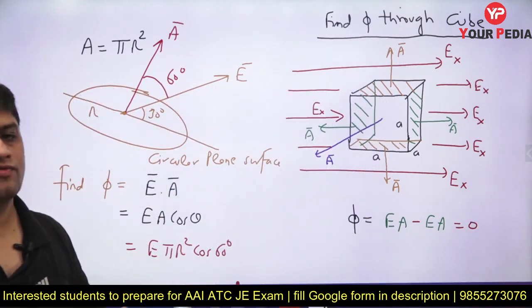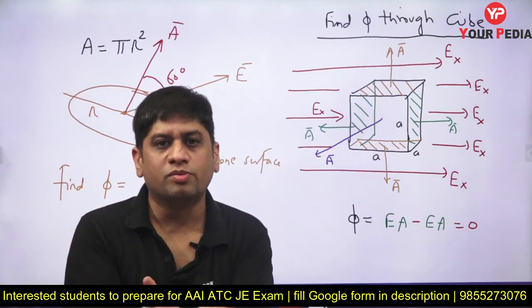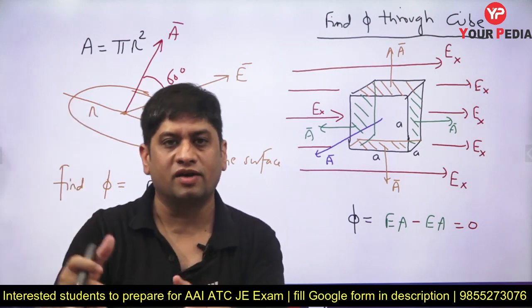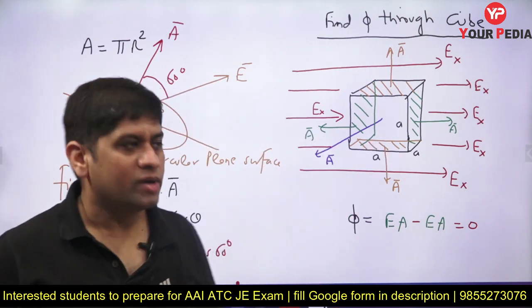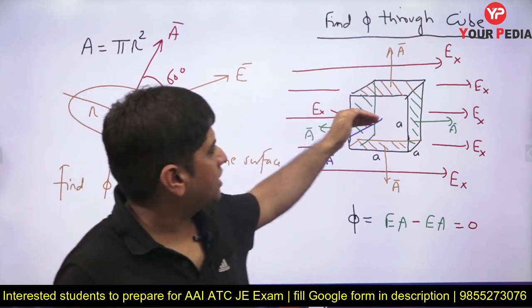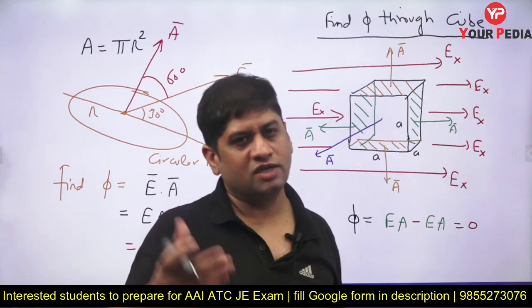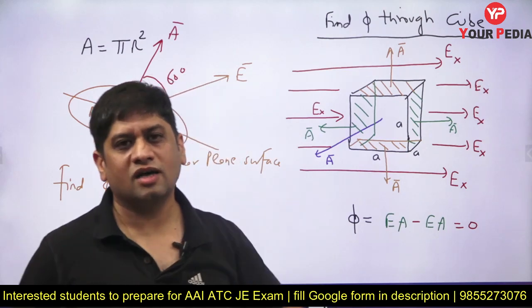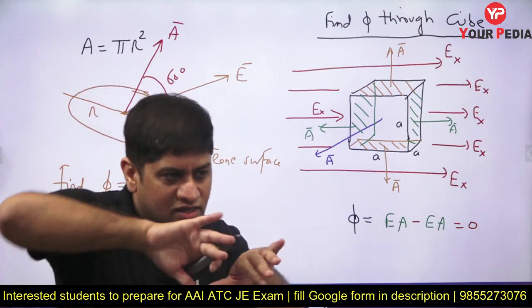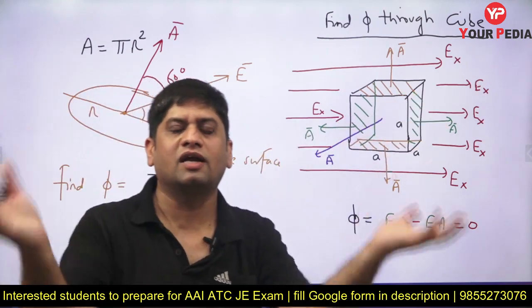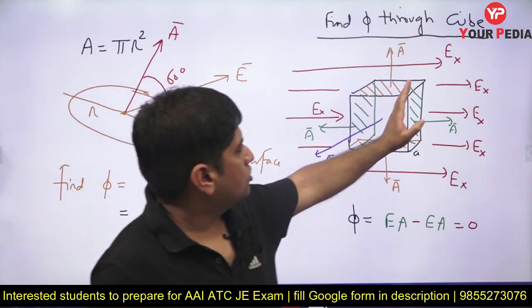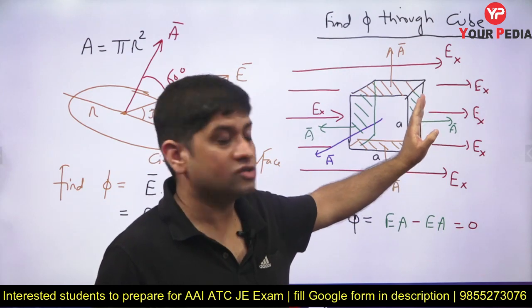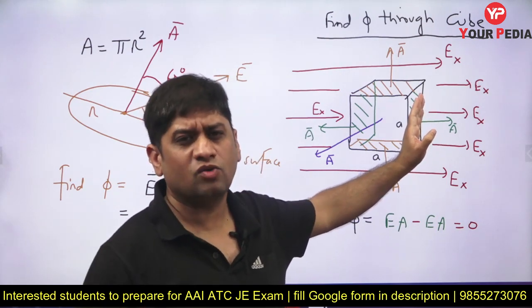So total electric flux through this cube, if this cube is kept in the electric field, is 0. That is understood. Because if these lines are entering, these lines are going out also. It is like discharge only. If this is going out, this is coming out, so net electric flux is going to be 0. So you need to understand that electric flux has a direction, electric flux is calculated as dot product